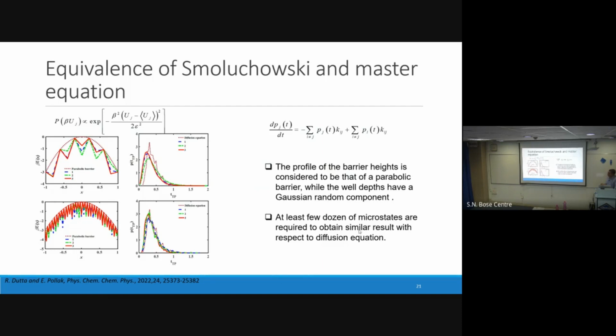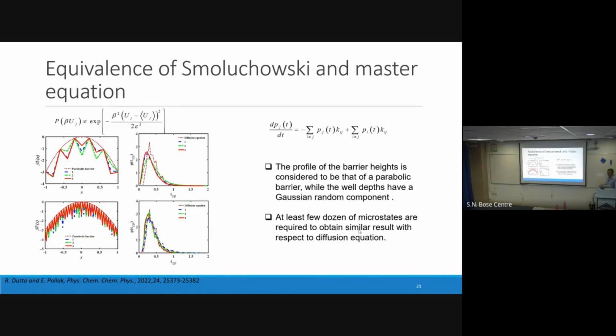It's showing that the diffusion or Smoluchowski equation is not a good fit but very close. However, if one goes to 5 to... I'm not showing the other microstates, 11 and 21, I'm directly showing the 31 microstate case, where for 3 different realizations, 1 to 3, one gets an exact fit with the diffusion equation. Because we are going towards the continuum limit, we need at least a dozen microstates